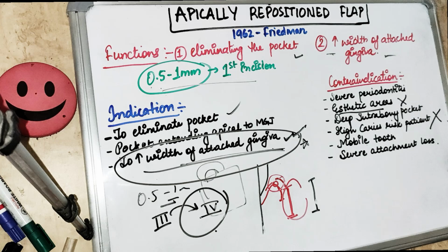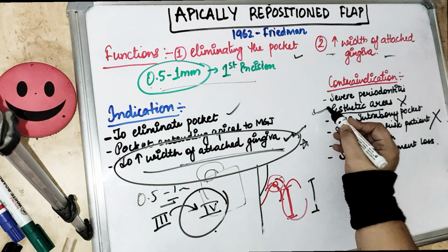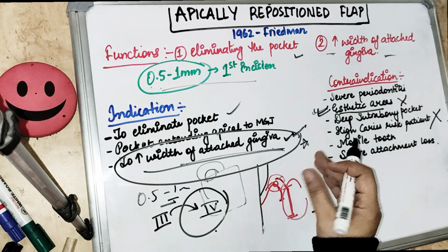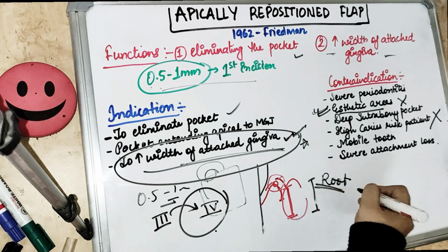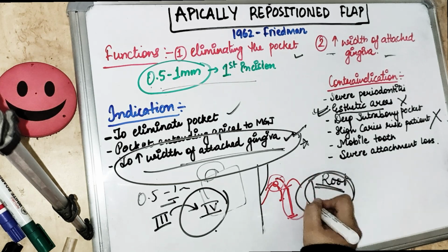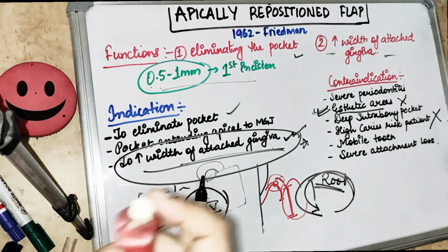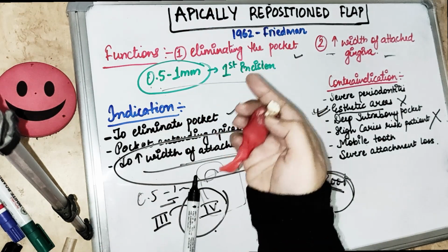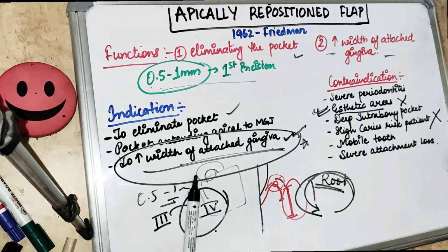But there always come disadvantages also, because we cannot use this flap in the aesthetic region basically, and because we are exposing a little bit of root, there are high chances that the patient may complain of root sensitivity or hypersensitivity. See, we are exposing the root surface, right? We are exposing the root surface, so there are high chances of root caries also. We are exposing the patient to high caries risk,